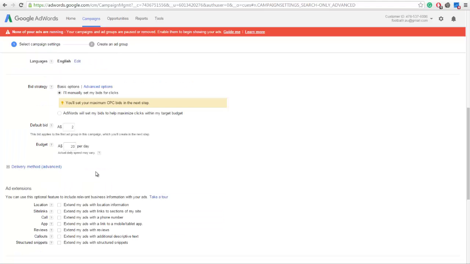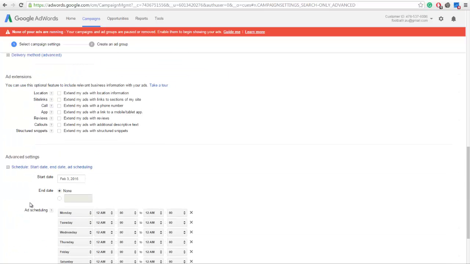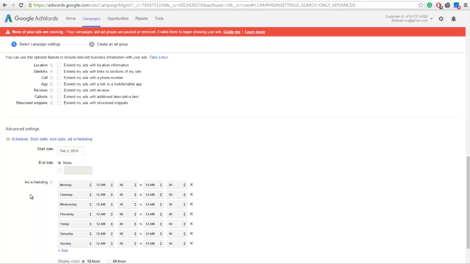Okay, so budget set. We're now going to move down the page. We're going to skip over delivery method and ad extensions for now. They are very valuable, but for a basic campaign setup, we're going to move along and finalize it. Okay, under advanced settings,